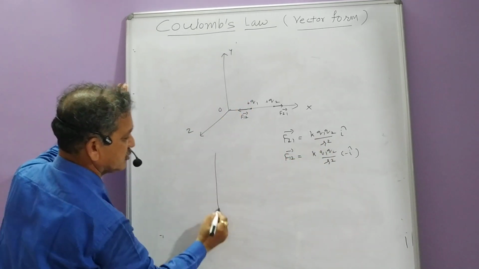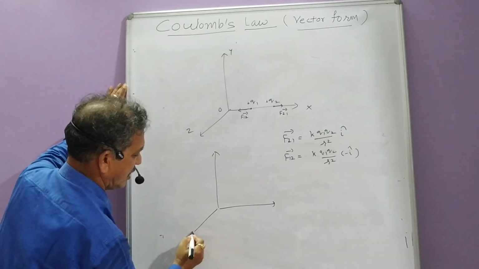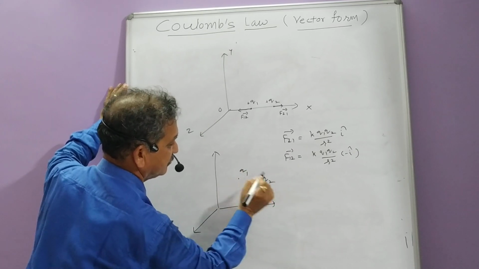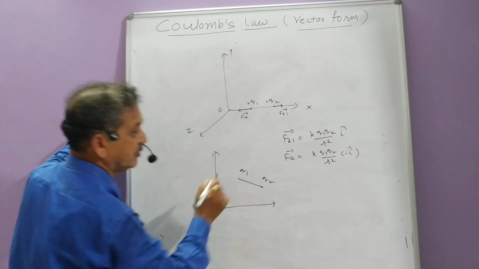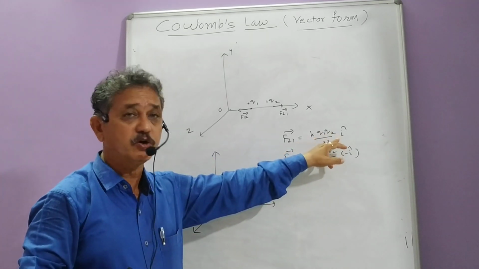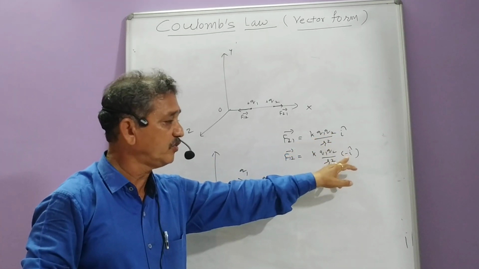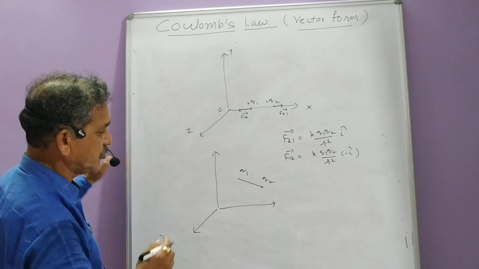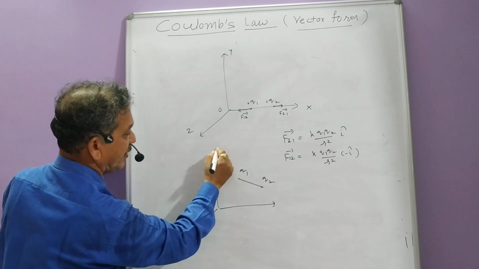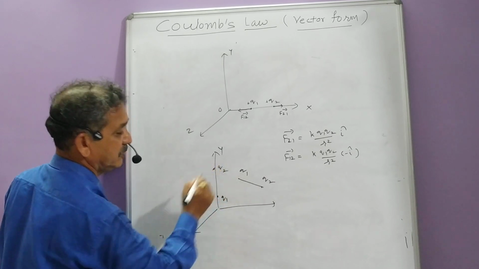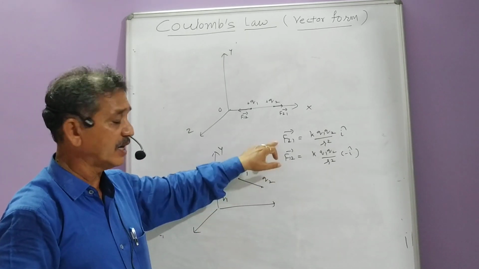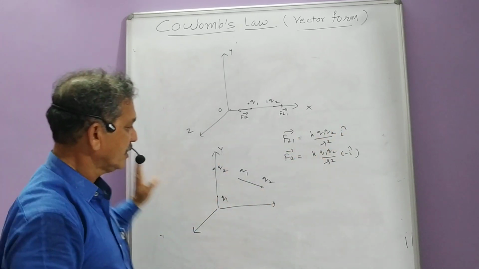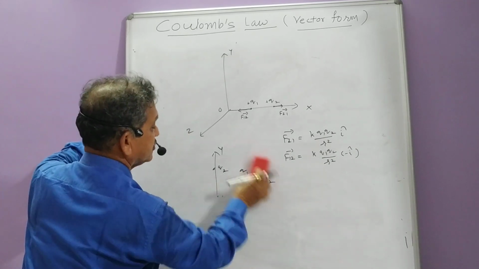If the same two charges are in the xy plane, like this one, then what will be the unit vector? That unit vector will not simply be in the form of i, nor simply minus i, but it will be in the form of i and j. If the two charges are taken on the y-axis, then forces like F21 and F12 will be in the form of unit vector j instead of i. Now, how the unit vector is taken, as you know.